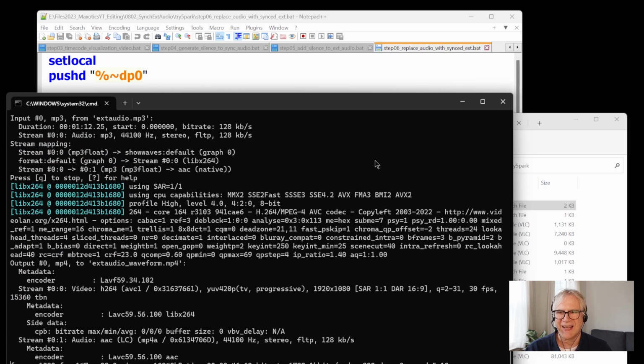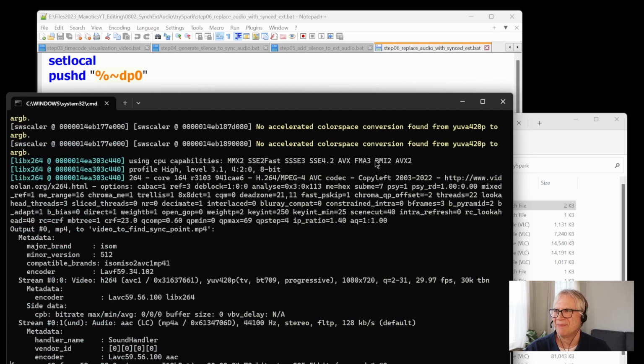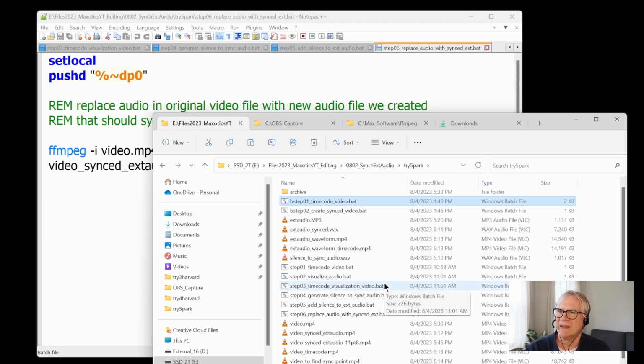And when you understand that, you can actually just scrub back and forth, get that magic number, which is going to be 11.8 in this case, and use it to generate the file that you're going to send the proverbial boss, who's waiting for this video you took on vacation, but you didn't have your powerful laptop with you. Your friend had this old clunker Windows computer from 2010 or whatever. Anyway, so we've done that, and now we've created a file, video to find sync point. So I'm going to run that,